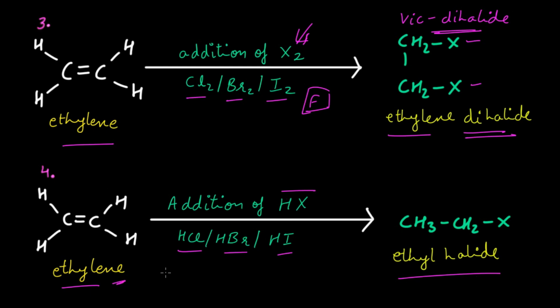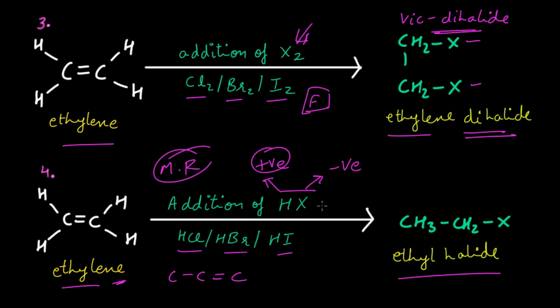But if there is an alkene which is unsymmetrical in nature, like propene, now this is an unsymmetrical alkene because the double bond is present on one corner. Now when this kind of case occurs, you have to follow Markovnikov rule. Markovnikov rule will be followed, and in a halogen acid, hydrogen will always have a positive charge and halogen will have a negative charge. So according to Markovnikov rule,